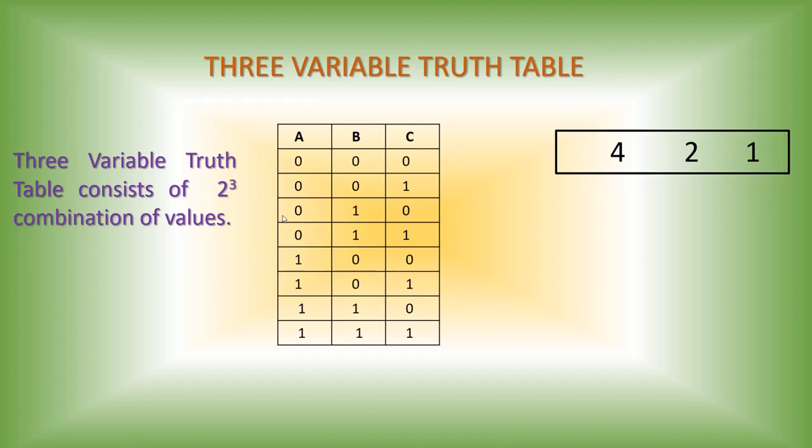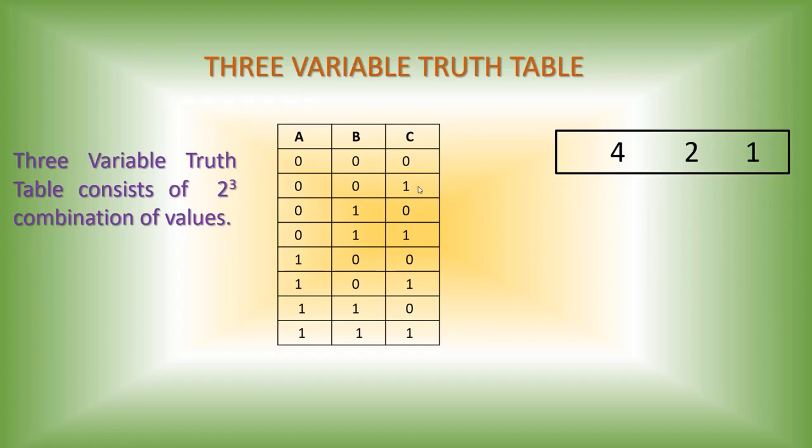Now I will say how to find out this combination of values. We already studied this 4-2-1 format. First, how will you get the decimal number 0? Where do you place 1? There is no 1 over there, so all the places you fill with 0. That is the first combination of values, 0, 0, 0. Next you want to generate the number 1. Where will you place 1? Under this 1 you will place 1, and the remaining places you fill with 0. So the second combination is 0, 0, 1, which is written over there.